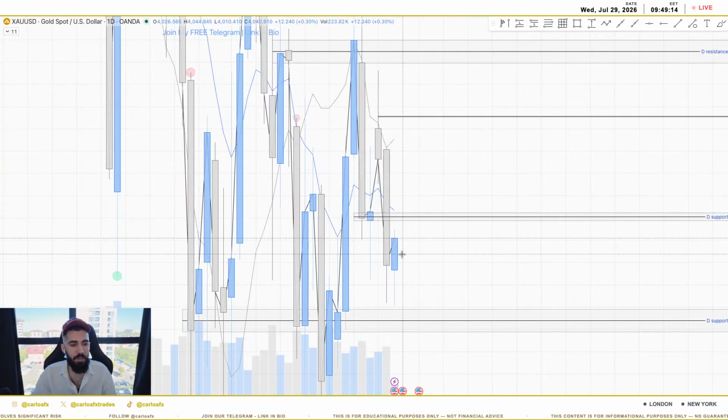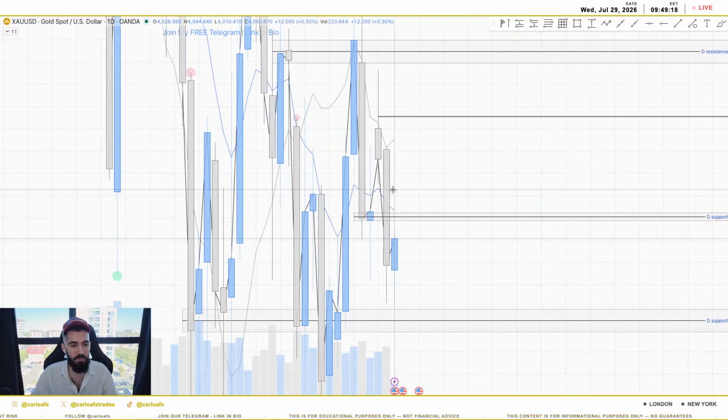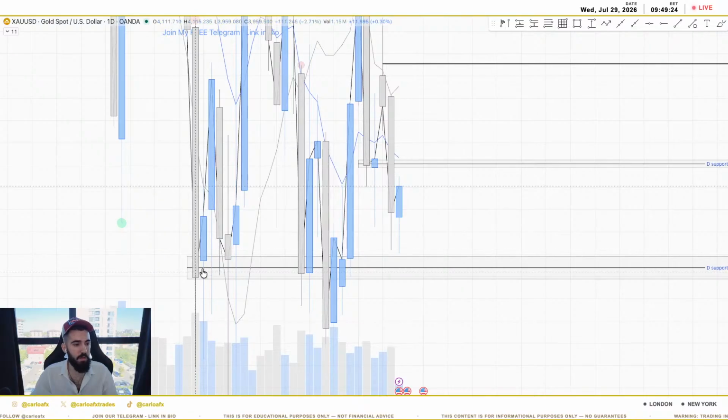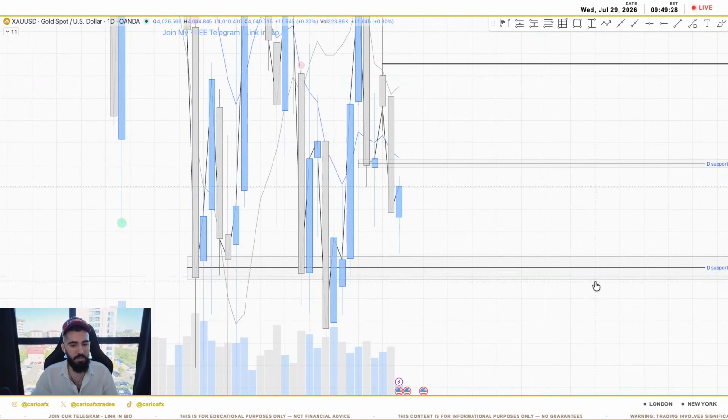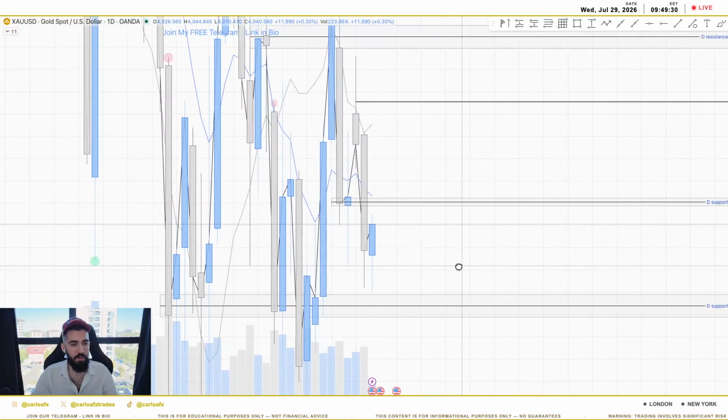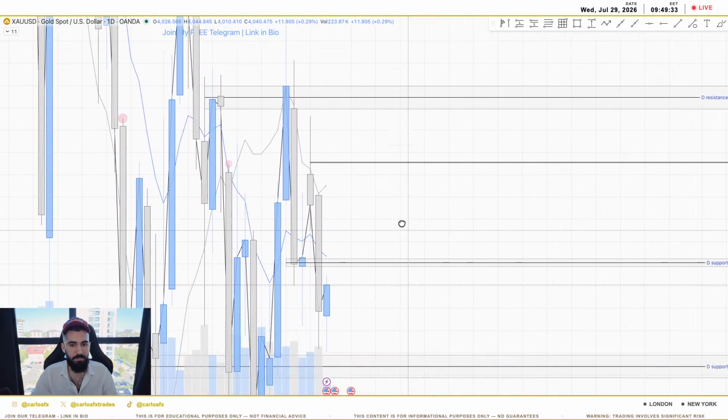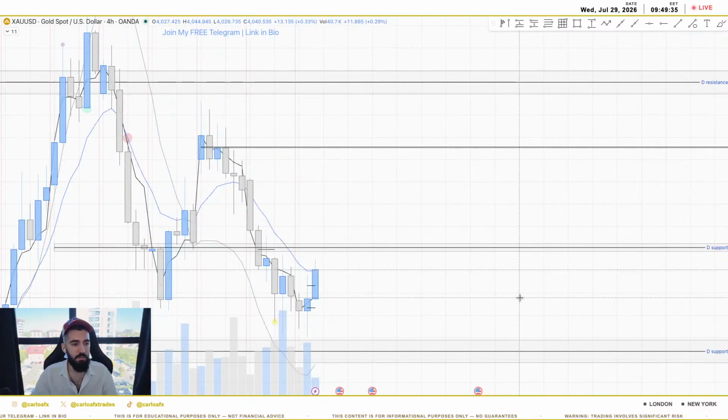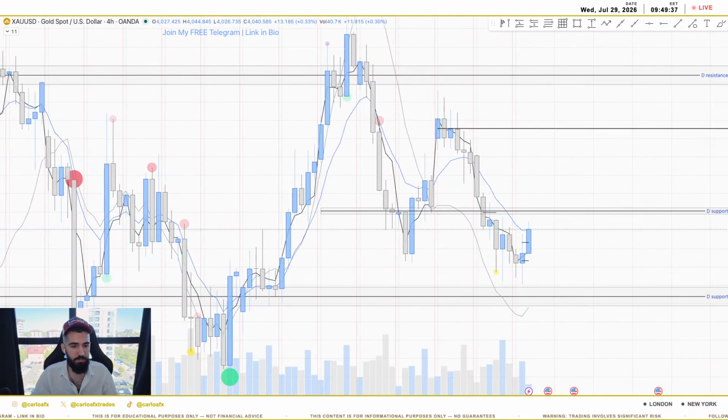this candle right here can transform into a fake out. So this candle can close back into this range, rejecting from this support down here, which is stronger because we can see 1, 2, 3 touches on this support zone, and this right here, as I said before, a fake out. Let's drop down to 4-hour time frame.